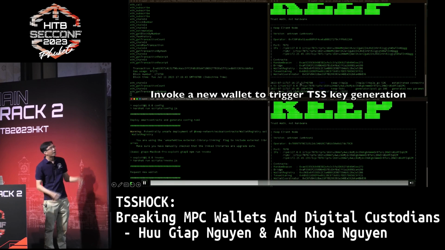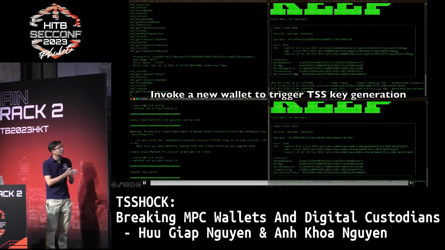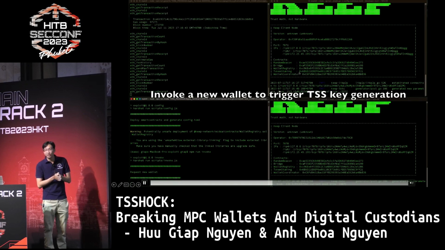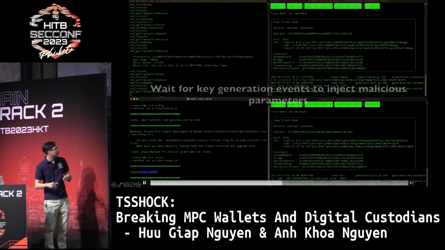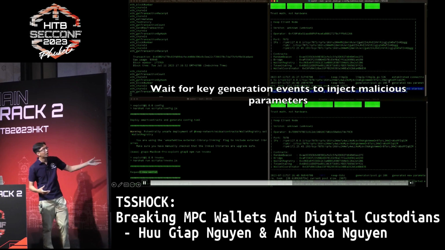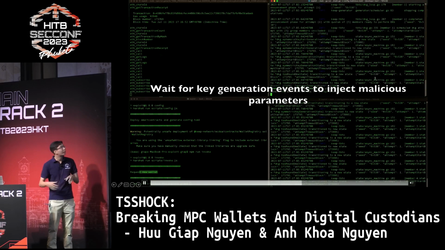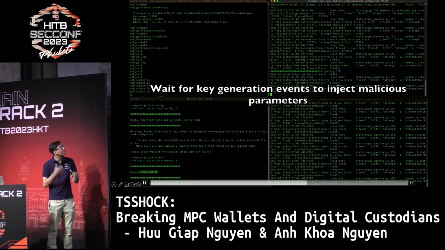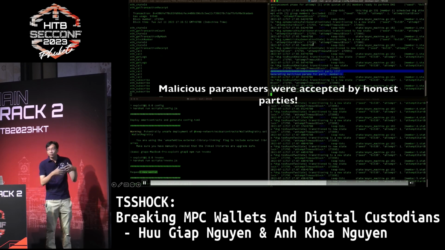So now we have the key generated. The keys are generated so that the malicious parameters H1, H2, and N tilde are being broadcast to all the other parties. And now we just need to wait for a heartbeat. So in this KIP network, there's always a heartbeat which acts like signing something. And we can just wait for that to happen. And then if it's close to us, then we can collect, and we will be able to recover the private key.